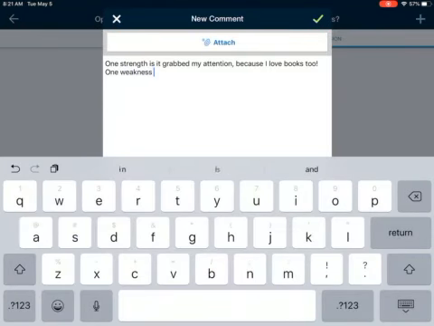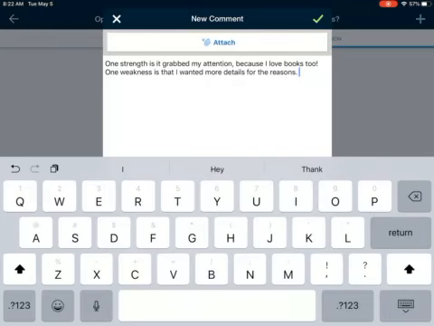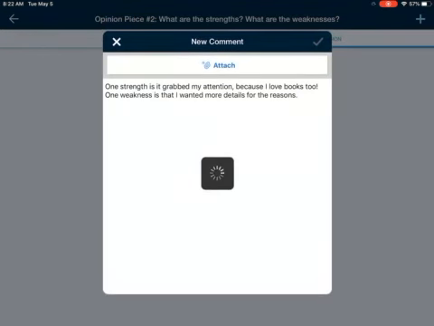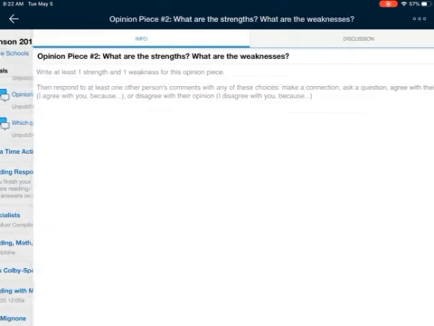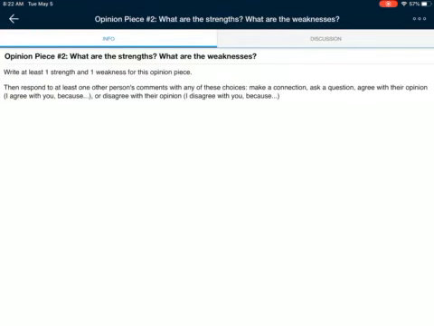One weakness is that I wanted more details for the reasons. And those are both my opinions. But one weakness is that I wanted more details for the reasons. But those are my opinions about the strengths and weaknesses. You can agree or disagree with my opinions, but you could write your own. Remember, after you are done writing your one strength and your one weakness, then remember to go back and